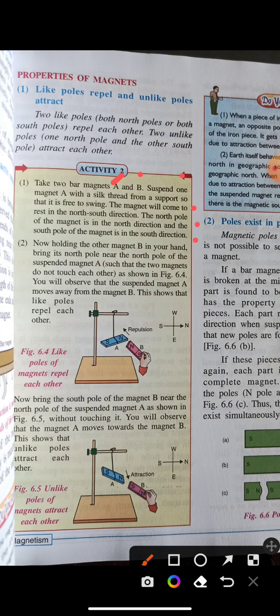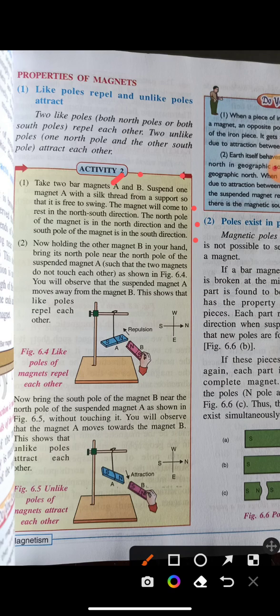So first, what you have to do, as you were doing in the previous one, is suspend a bar magnet with a wooden support. You will suspend it freely. When it comes to rest, it will adjust itself in the north-south direction. You will get to know the north pole and the south pole.